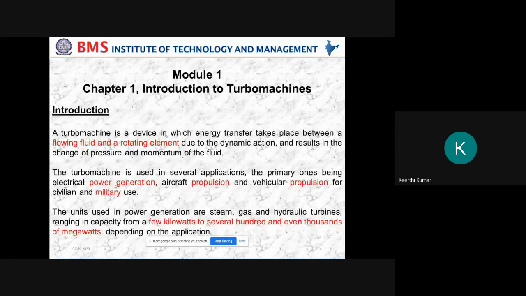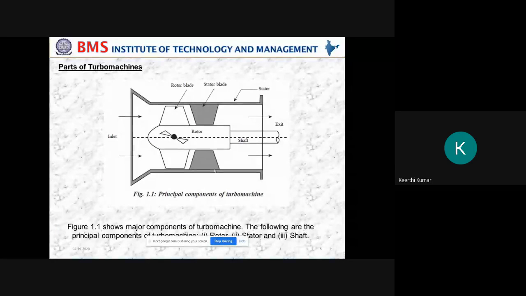And this is the part of the turbo machine. See, this is the part of a turbo machine where, as I told, there is an inlet for the turbo machine and there is an exit for the turbo machine. So you allow the water to flow, or the air, or the gas, any fluid, from the inlet. So assume that you are going to flow the fluid here.